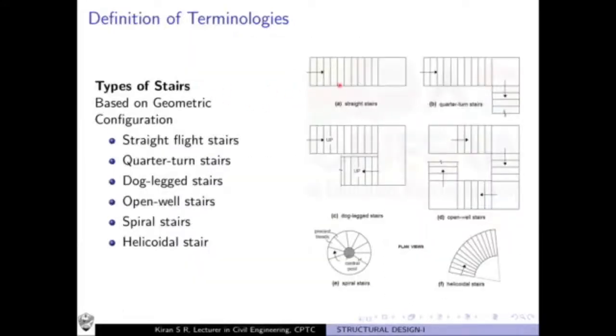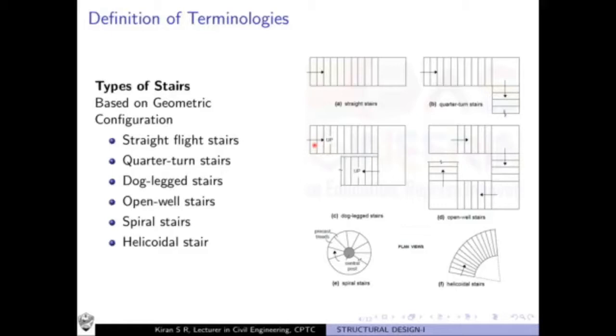You observe the stairs will differ from one another based on their geometry configuration. You see here, there are 6 different types of stairs available which you normally encounter in the real world. The straight stairs are the ones where you have a single flight in a particular direction, and in case of quarter turn stairs, you have a flight which turns by 90 degrees, and in case of dog-legged stairs, you